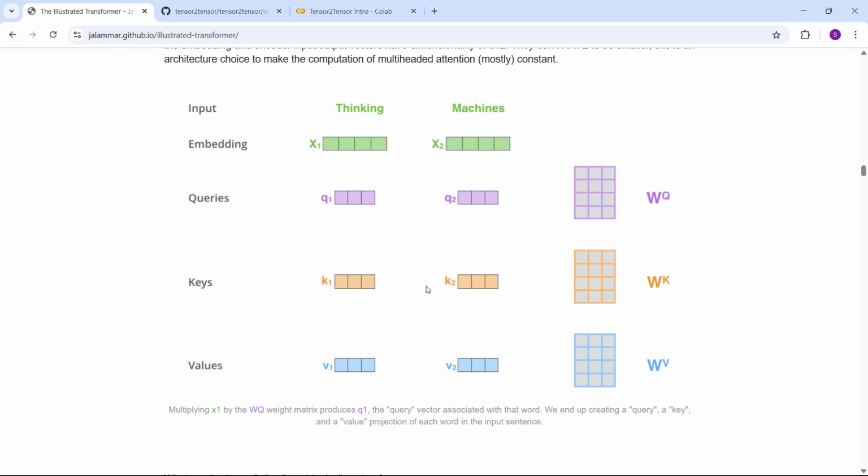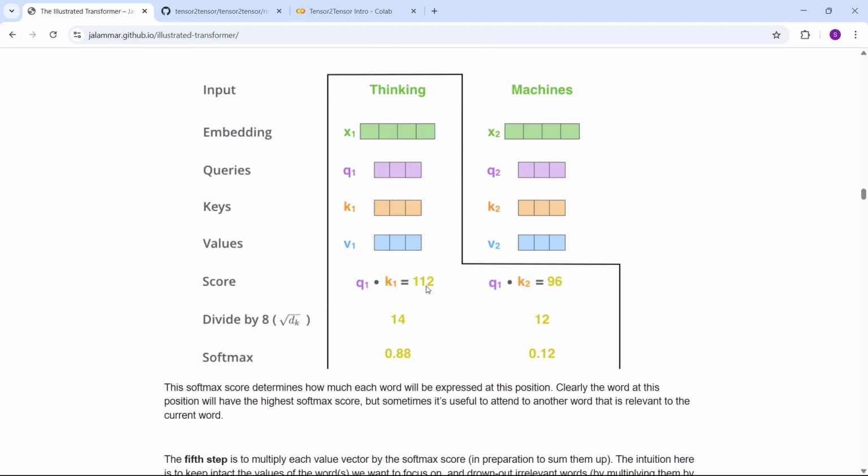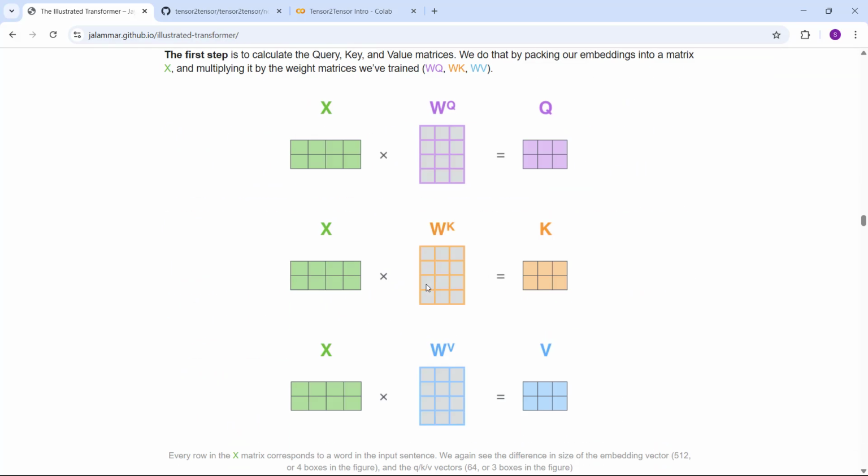And if you notice here, we have the query matrix that will be calculated again using ANN, and the key matrix and value matrix as well. If we deep dive, we have 2 by 4 times 4 by 3, and then you will get 2 by 3. This is the matrix multiplication, so you will get the query vector.